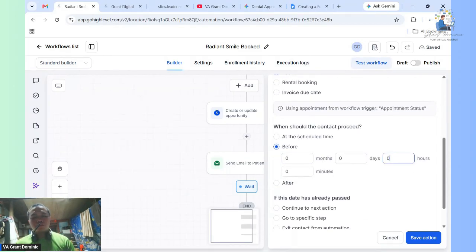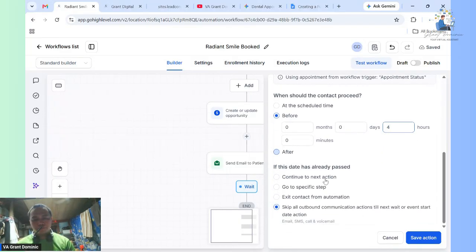So for example, we will send a reminder 4 hours before, for example. Save action.